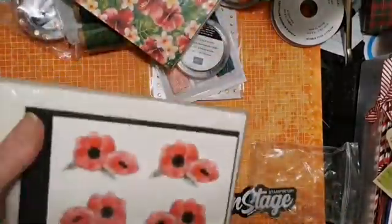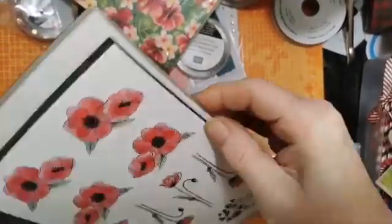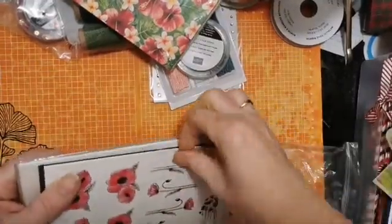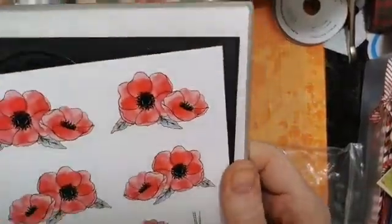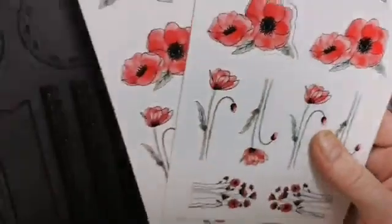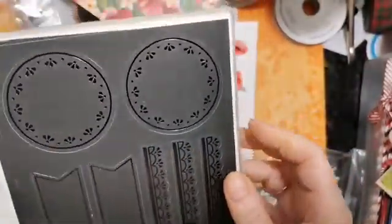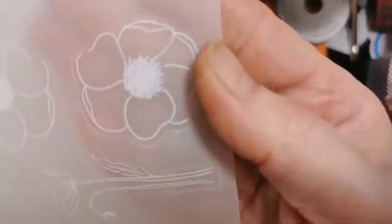And then last but not least is these little poppy elements. Now these are the sort of things that in the catalogue don't really look like anything very much at all. So you need to see them almost in real life. So you've got these pop out poppy elements here, popping out poppies. You've got these black embossed elements that you can sit your poppies on, or you can have going alongside your poppies. These are embossed vellum,